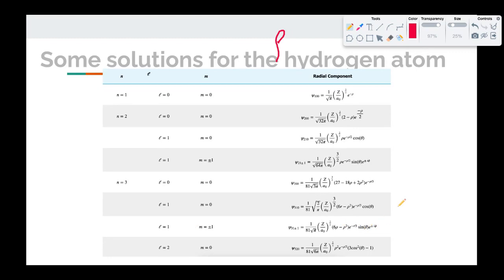Now it gets really complicated after that. It's already complicated enough. So let's just drop that for now and then move on to learn some more things about an interpretation of this.